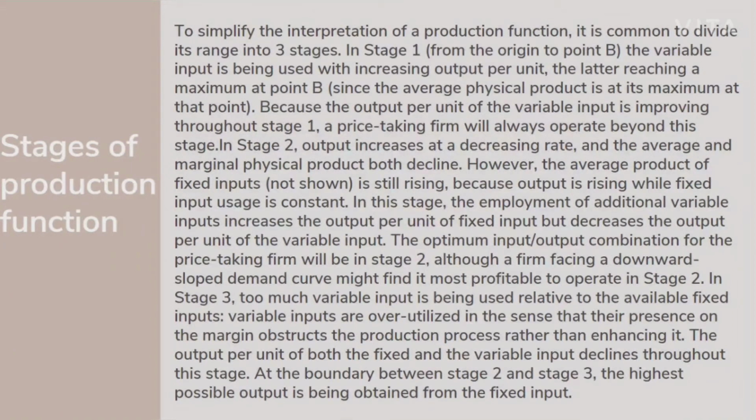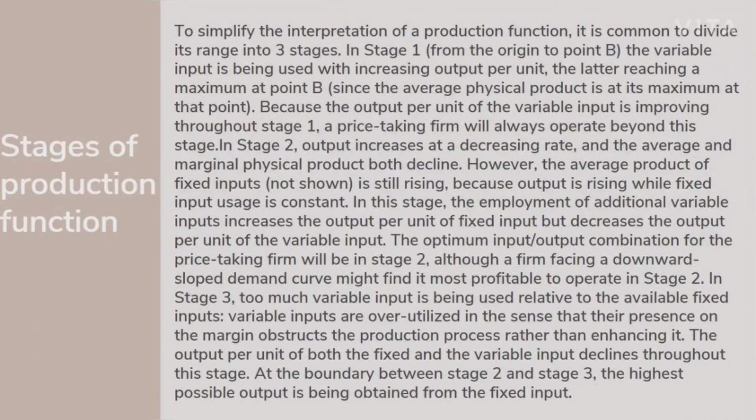In stage 2, output increases at a decreasing rate and the average and marginal physical product both decline. However, the average product of fixed inputs is still rising because output is rising while fixed input usage is constant. In this stage, the employment of additional variable input increases the output per unit of fixed input but decreases the output per unit of the variable input. The optimum input-output combination for the price-taking firm will be in stage 2. Although a firm facing a downward sloped demand curve might find it most profitable to operate in stage 2,